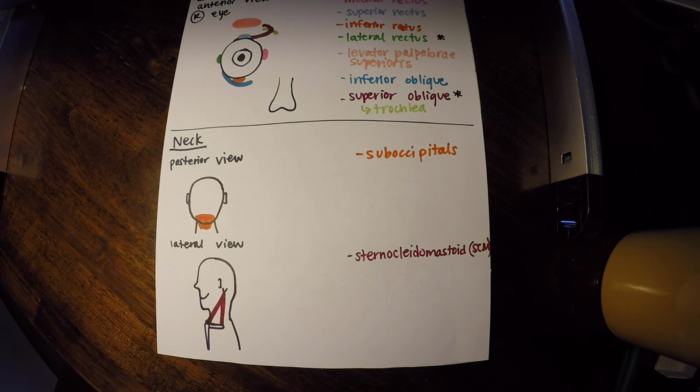Now, again, remember when we're talking about actions for all of these muscles, they're really simplified. So oftentimes there are lots of actions for different muscles, but I just want you to know the main action. And the main action I'm asking you to learn for the sternocleidomastoid muscle is it flexes the cervical spine, meaning that it helps you bring your chin towards your chest.